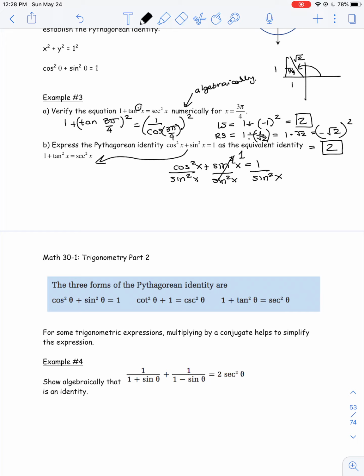And then here, cos squared x over sine squared x is the same as cotangent squared x. You can leave it like that for now if you wanted to, but what I'll do is just leave it. So cos squared x over sine squared x plus 1 equals, and then since I divide 1 by sine squared x,